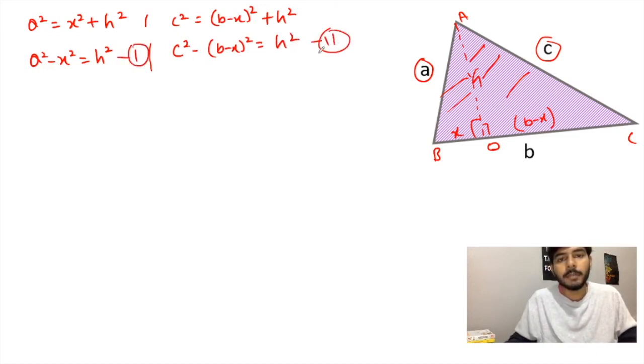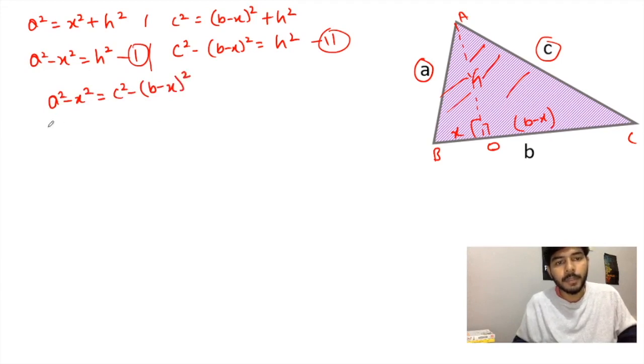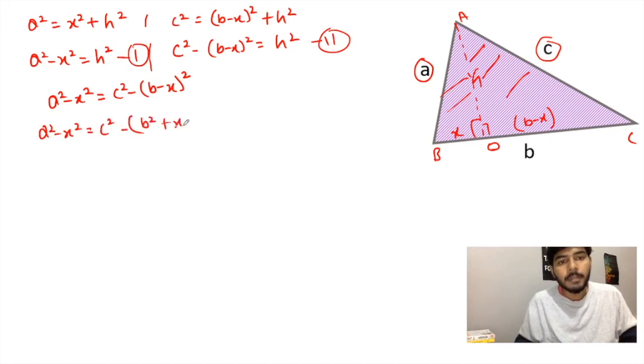सेकंड इक्वेशन हो गई, दोनों सेम है h स्क्वायर, तो क्या मैं लिख सकता हूँ कि A स्क्वायर माइनस x स्क्वायर इज इक्वल टू C स्क्वायर माइनस (B माइनस x) का होल स्क्वायर। अगर मैं इस ब्रैकेट को ओपन कर दूँ, दैट मीन्स C स्क्वायर माइनस यहाँ पे लिखा हुआ है, तो A स्क्वायर प्लस B स्क्वायर माइनस 2ab, यहाँ पे 2Bx है तो Bx लिख दिया मैंने यहाँ पे, और इस माइनस को